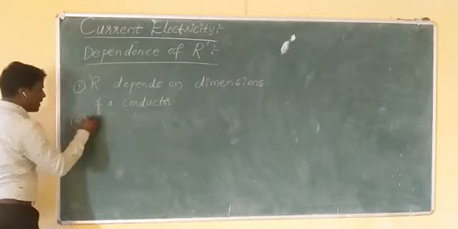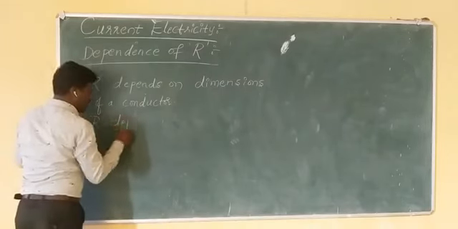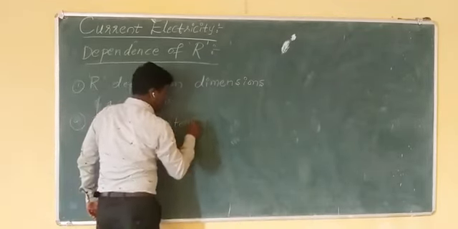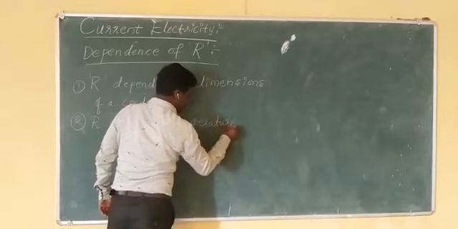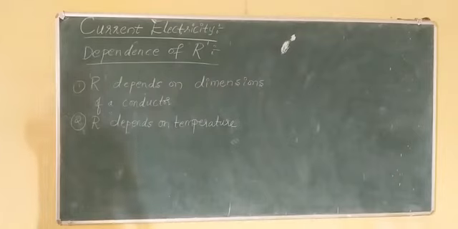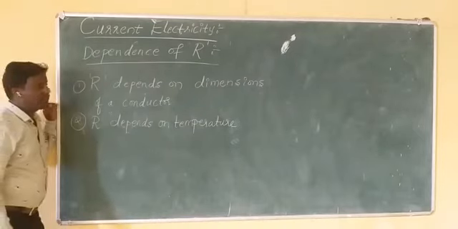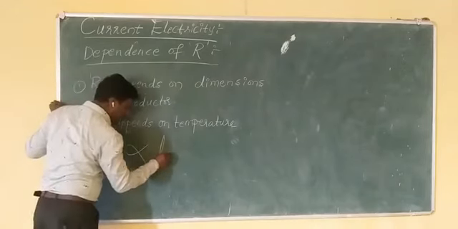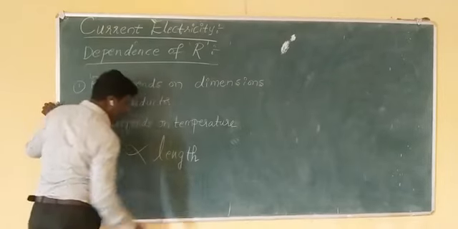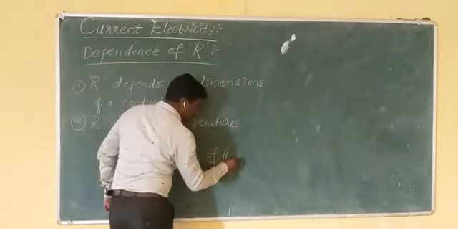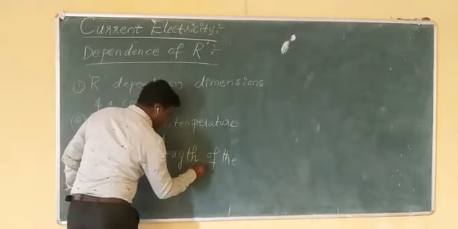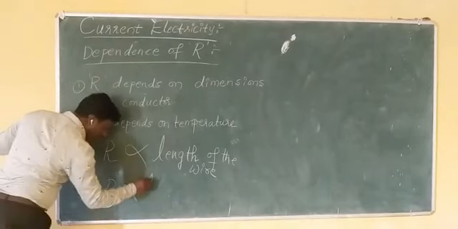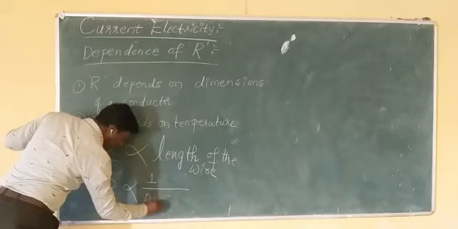Second one, R depends on temperature. Yes, here resistance R is directly proportional to the length of the conductor, the length of the wire. You can write wire or conductor. R is inversely proportional to the area of the